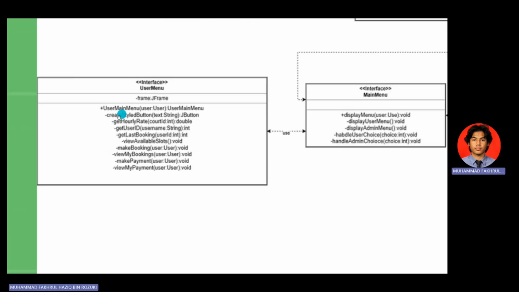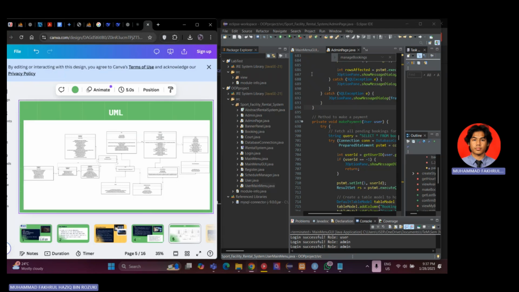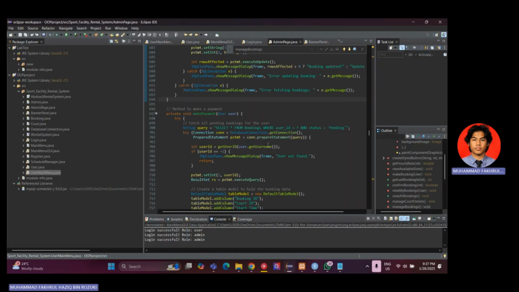And for user menu, we have user main menu, create style button, get hourly rate, get user ID, get last booking, view available slots, make booking, view my bookings, make payment, and view my payment. Alright, so these are our components in our UML. So now let us have a look at our code. As we have seen in our UML diagram, first we'll have a look at our admin